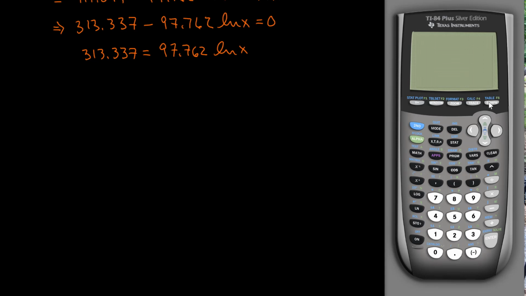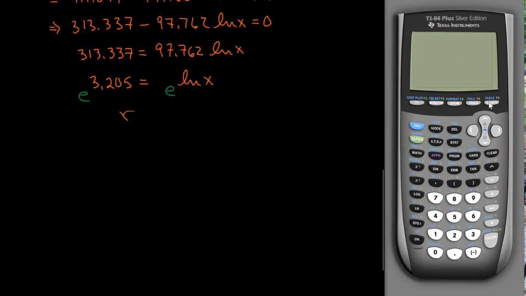When I take the 313.337 divided by the 97.762, that leaves me with 3.205 equals, saving some space there, natural log of x. To cancel out natural log, the inverse is e, so I'm going to apply e to each side, and this gives me then a final value of x